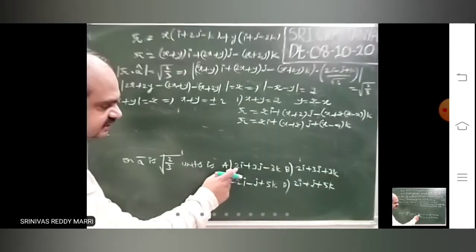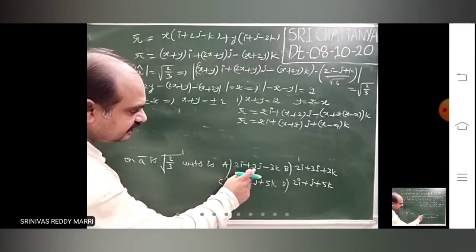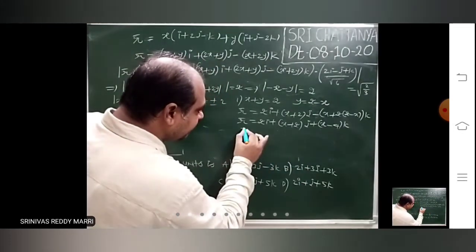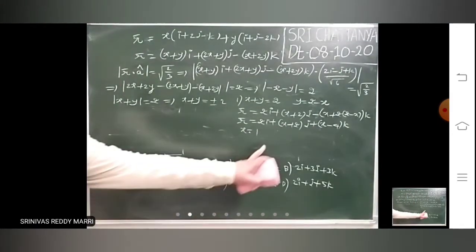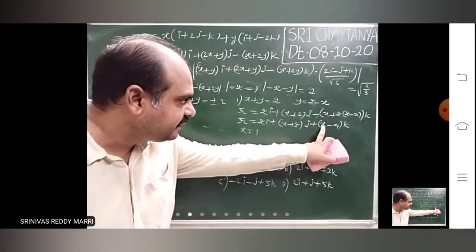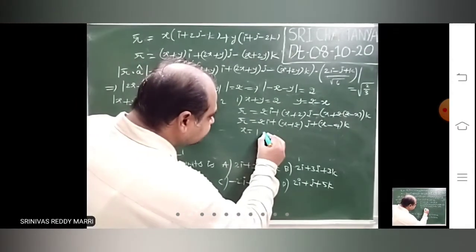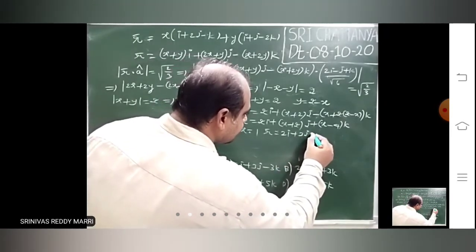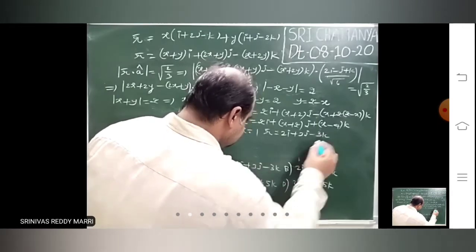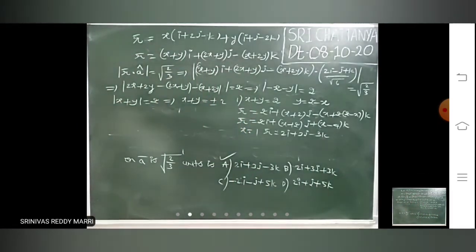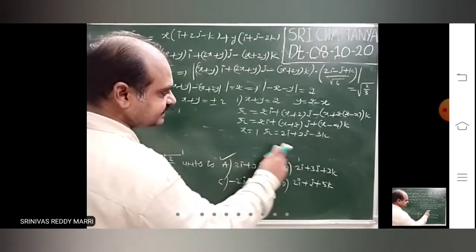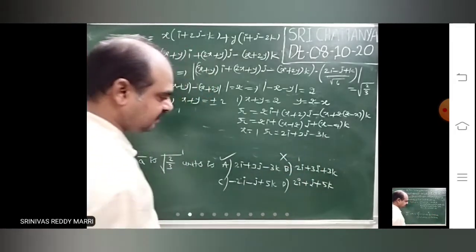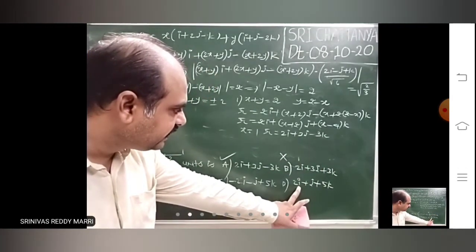But look here. The first one is 2i, 3. 3 means x equal 1. Suppose you substitute x equal 1, then you will get this 3. X equal 1 means this is nothing but 2i plus 3j minus 3k. This you will get as the answer. Next, look, this is wrong, because x equal to 1 means only then you will get 3. You cannot get plus 3, minus 3k. So this is wrong.